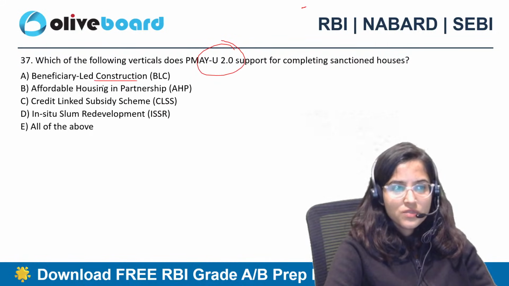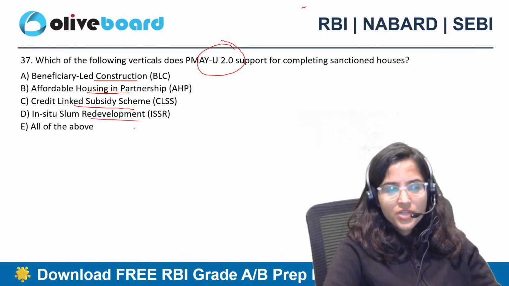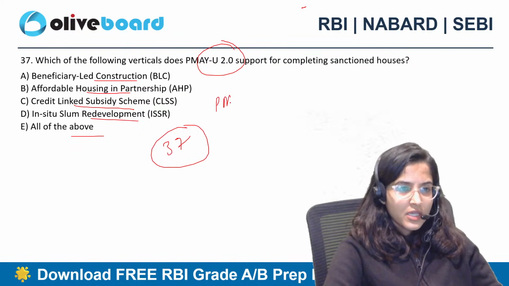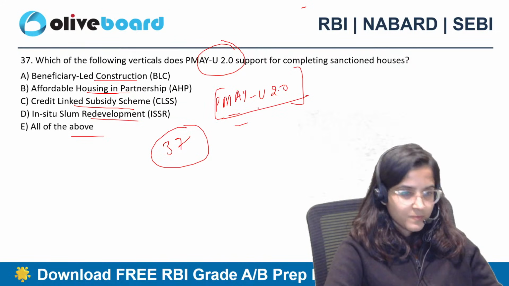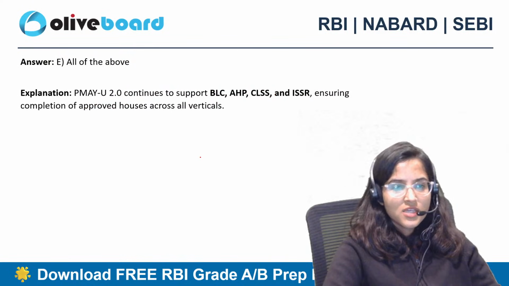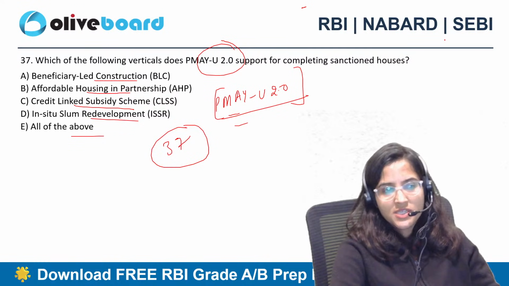Beneficiary led construction, affordable housing in partnership, credit linked subsidy scheme, in situ slum redevelopment, या फिर all of the above? PMAY Urban 2.0. 37A, 37E, the correct answer is E, all of the above. तो यहाँ पे सबको ही सपोर्ट करता है, चाहे वो BLC हो, AHP, CLSS, ISSR।